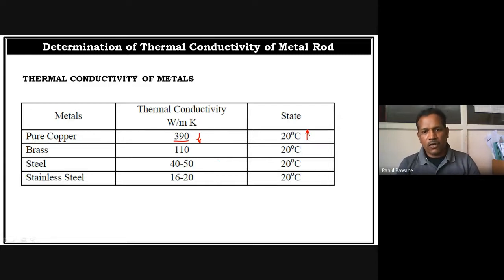Okay, this is a standard value: at 20 degree centigrade we get 390 watt per meter Kelvin for pure copper, and this experiment is conducted under standard working conditions on standard equipment, which is highly calibrated. Our lab equipment is not that highly calibrated, and our environment is not under controlled conditions. This is normal atmospheric conditions. So it might be possible we don't get the exact value, but as the material is copper, we should be nearby 390, plus or minus doesn't matter, but your value must be nearby 390.